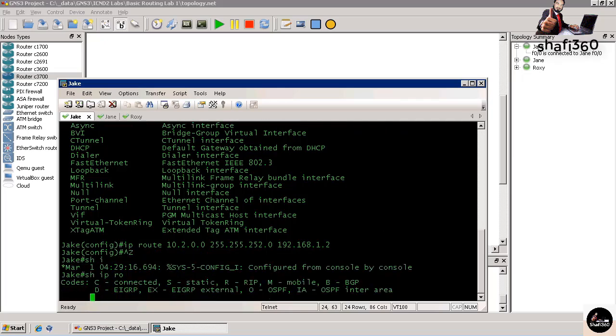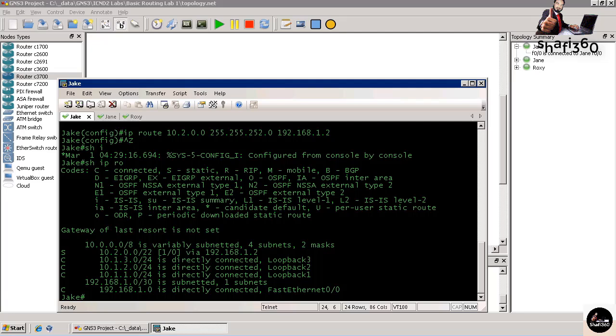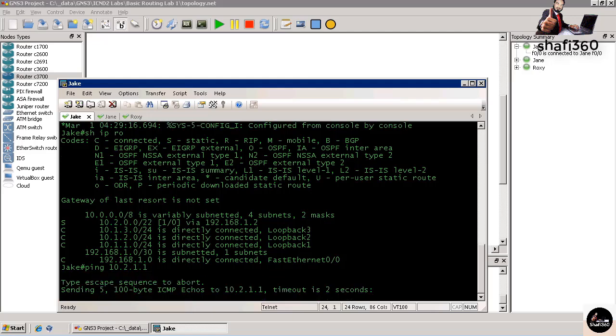And now you notice that 10.0.0.0/8 is variably subnetted because we are now using VLSM on this router. We have a /22 as well as a bunch of /24 networks. Now I should be able to go ping 10.2.1.1, which is the loopback address on the Jane router, and it's shipped over to the Jane router, and the